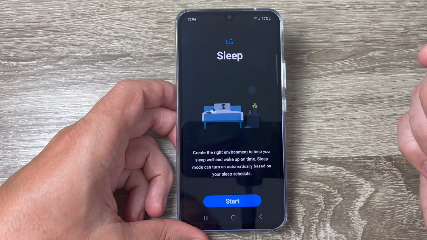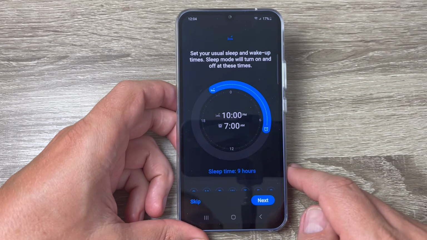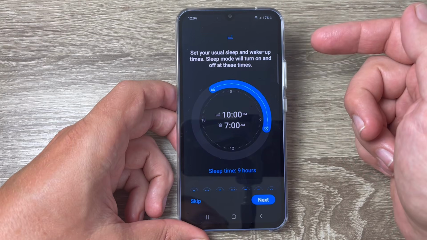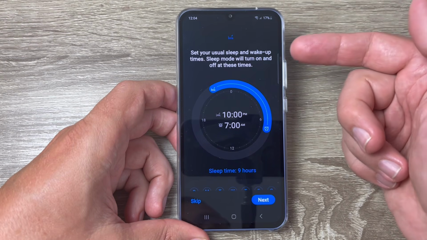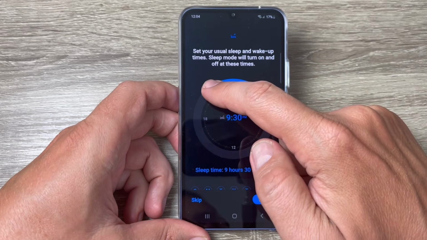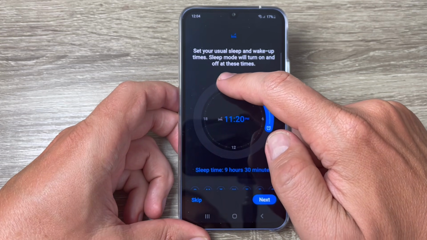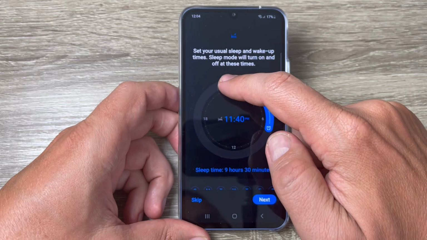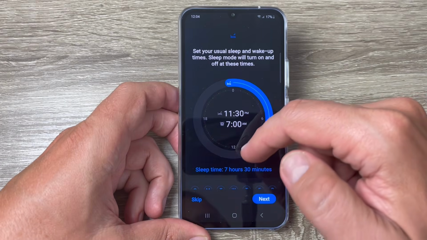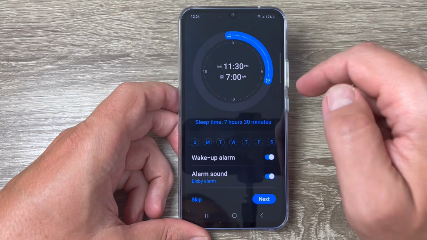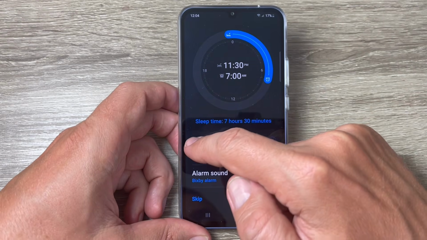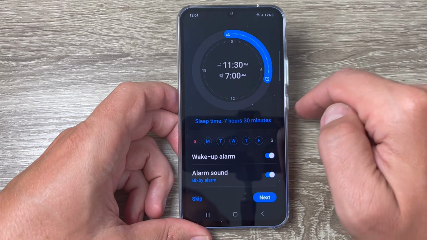up on time. Just tap start, and now you need to set your usual sleep and wake up times. Sleep mode will turn on and off on these times. So I will set, let's say for example, from 11:14 until 7, okay, and sleep time will be 7 hours and 30 minutes, and I will skip Sunday and Saturday.